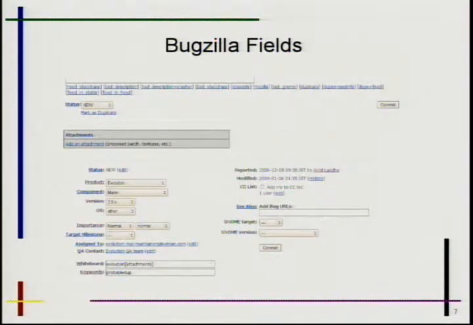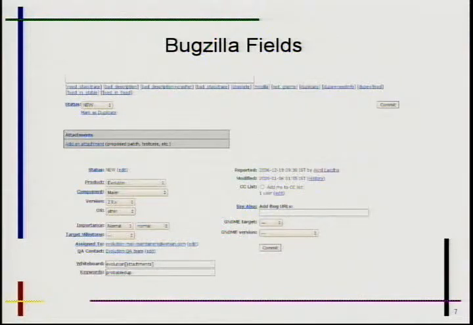Moving ahead, the reporter is the person who has filed the bug. Then the CC list is more about your interest. If you are interested in that bug, or you are also facing that bug and you want to know about the bug status, then it's better to add yourself in the CC list, so you will get updates about bug activity.